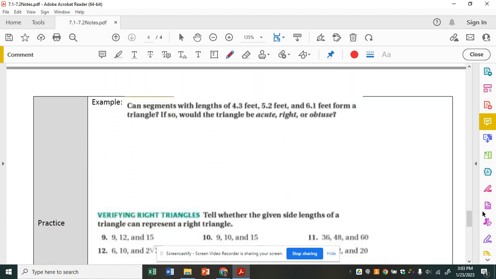And my next example says, can segments with lengths of 4.3 feet, 5.2 feet, and 6.1 feet form a triangle? If so, would the triangle be acute, right, or obtuse? So one thing that we didn't necessarily talk about yet is if a triangle was going to be a right